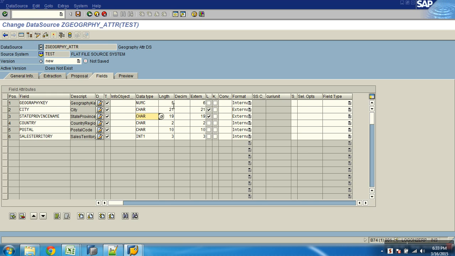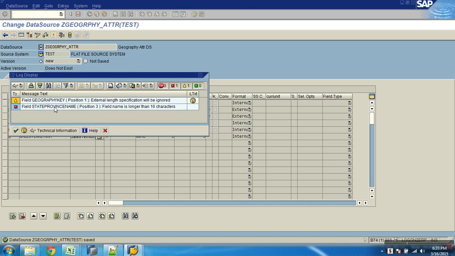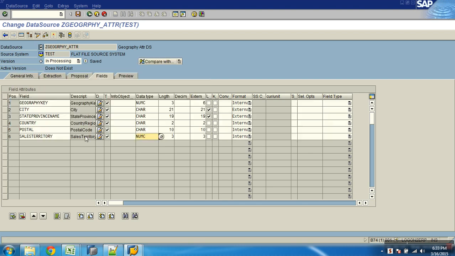Which one? What? Not changed? Changed. Because integer it's fixed, it takes like that. I can change its value. Okay. So for anything, say sales territory again it's taking, I want it as NUMC only. I can customize all this. Fine, clear? Okay. I'll come back to these properties later. Okay, done. And then say activate. Field name is longer than 16 characters. Okay. State, province.